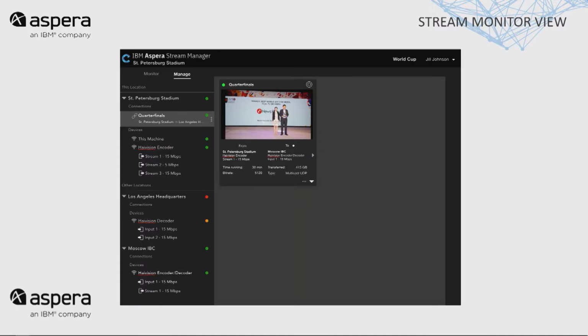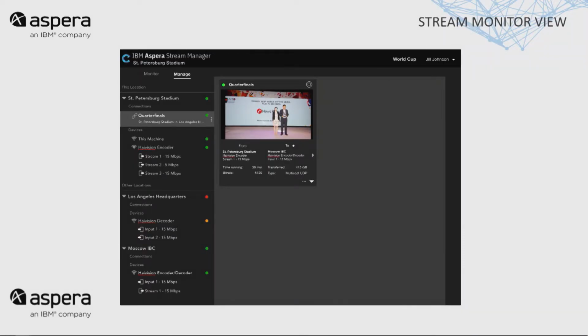This is the more important part, right? So we've built the connection, we've added the endpoints, we've created the users and the groups that can manage those endpoints. Now we can monitor those endpoints. So we created this, is this going to work? Yeah. We created this St. Petersburg to Moscow a couple slides ago.